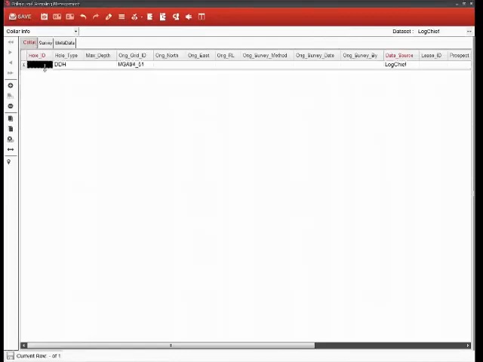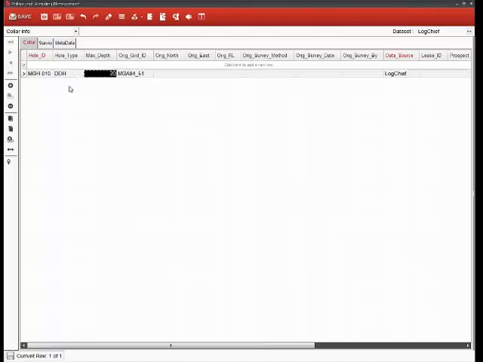It's as simple as clicking in the box, entering your hole ID, MGH010, for example, and I'll give it a max depth, 20 meters, and enter. You'll notice that some of the fields were automatically populated. This is set up in the logging profile, and it all depends entirely on what you're logging. So for example, I'm logging in my diamond drill hole profile, so my hole type is automatically populated with DDH